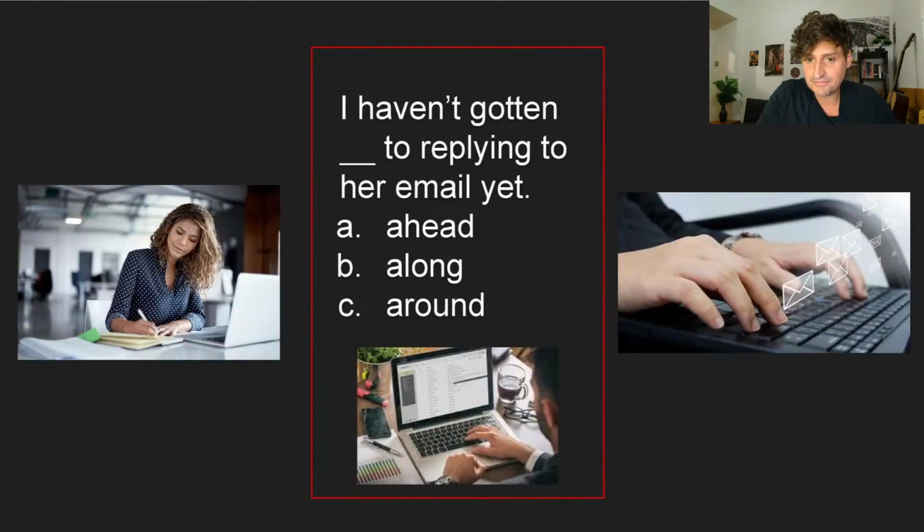So I haven't gotten ahead to replying. I haven't gotten along to replying. I haven't gotten around to replying to her email yet. This means I haven't had the time. I haven't gotten ahead, along, or around. All right. So choose A, B, or C, guys. And let me check in